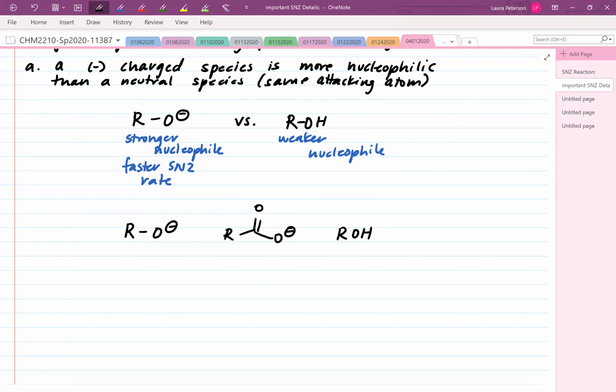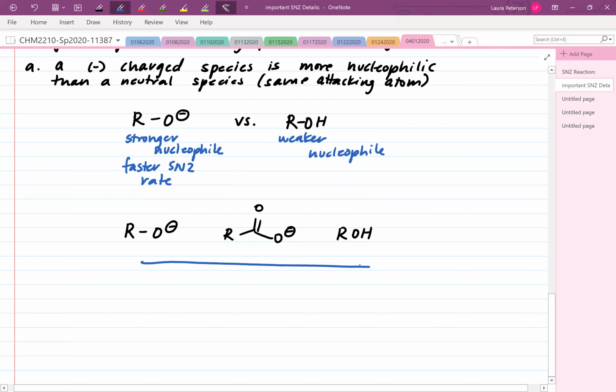Well, remember that that anion is resonance stabilized. So it's not a full negative charge here, right? It's more like negative a half, if you were to consider the resonance structures. So we're really considering an oxygen with a full -1 charge, to an oxygen with a -1/2 charge, to a neutral oxygen with no charge. So we could indicate then we have an increasing rate of SN2